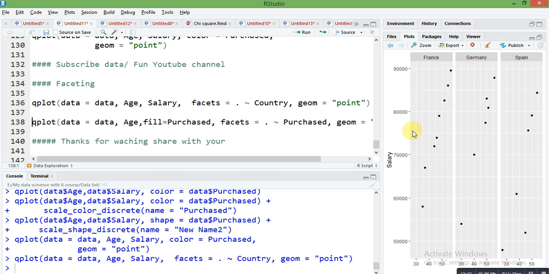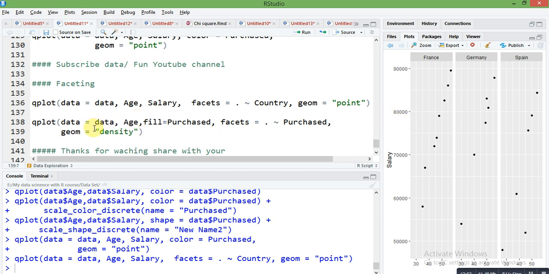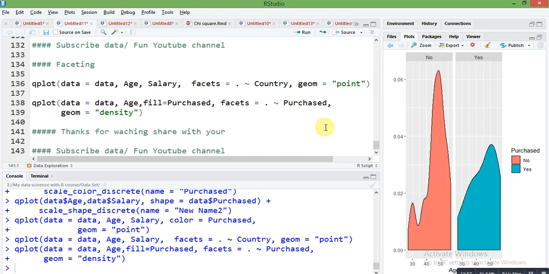Next, I just want to facet on the purchase column. So I just replace country by purchase, and the whole command is the same, with geom equal to density. Because I mention density here, it shows the density plot, and I just write one extra parameter, fill equal to purchase.